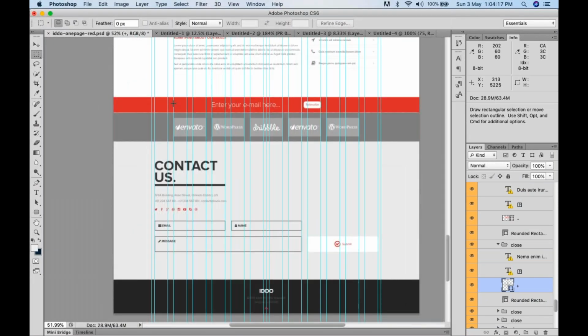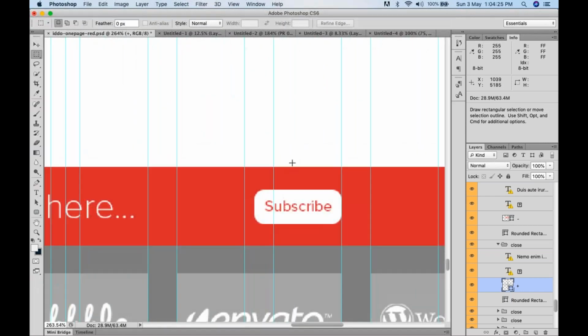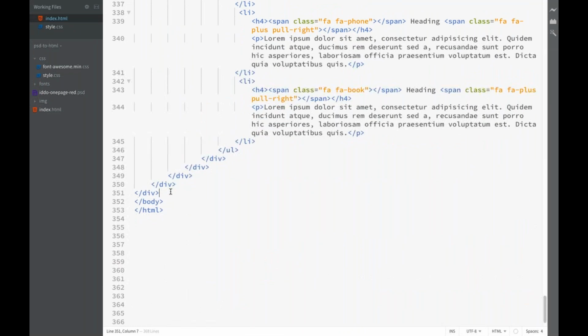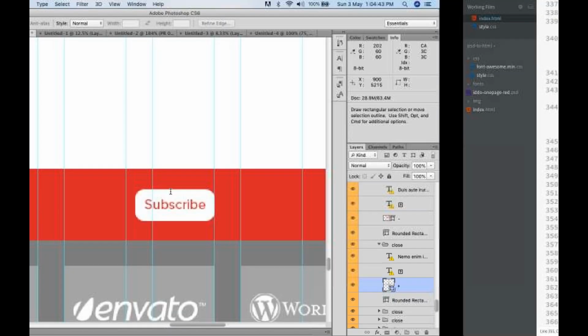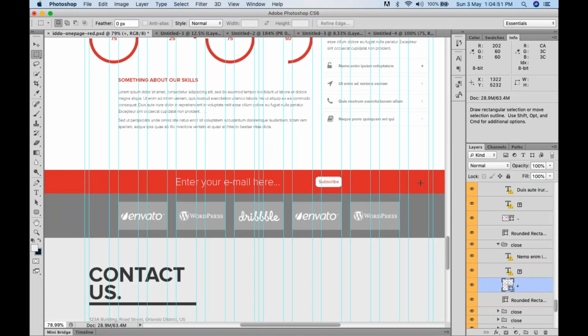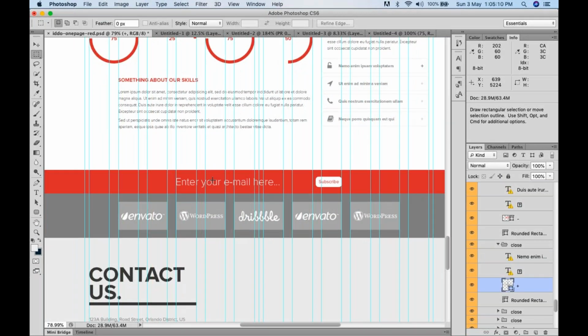तो दिस इज डन। नाउ 1 2 3 4, नेक्स्ट है दिस, जिसमें दिस इज अ सब्सक्राइब बटन, तो div नेम wrap 10 container and row। नाउ सी ये कंटेंट कितने में है, सो दिस कंटेंट 1 2 3, एंड यहाँ से भी कितना गैप है 1 2 3, तो दैट मीन्स 6 में ये कंटेंट आ रहा है, तो ये टोटल वेट कितनी है 6। सो फॉर दैट डॉट कॉलम 3 होगा एम्प्टी, एंड देन होगा कॉलम 6। इस 6 में आएगा आपका एक फॉर्म एलिमेंट, सो देयर इज अ फॉर्म, इस फॉर्म में प्लेस होल्डर क्या लिखा हुआ है, एंटर योर ईमेल हियर,